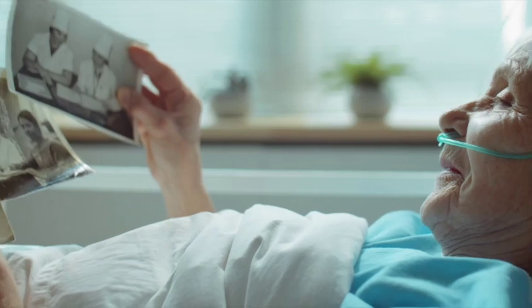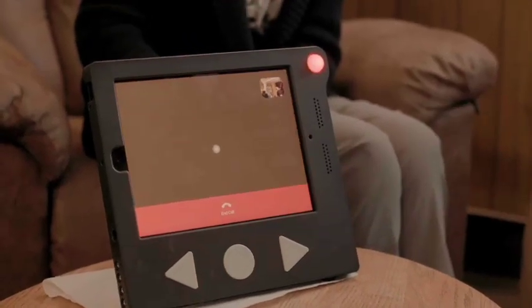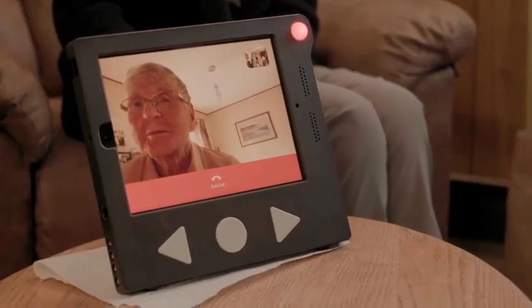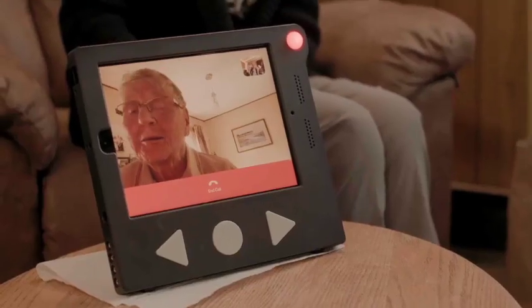It was a very, very sad time for us all, and being able to sit in front of the CanConnect and see their faces and chat on a one-to-one, it was very beneficial for me anyway. Made me feel much better about things. When I was feeling depressed or something, then they were always there to make it much happier for me. When I had CanConnect, that was really a lifesaver because you could see the people, and